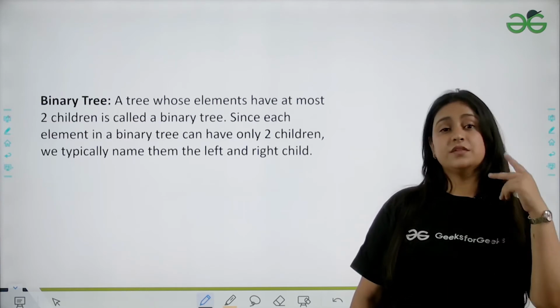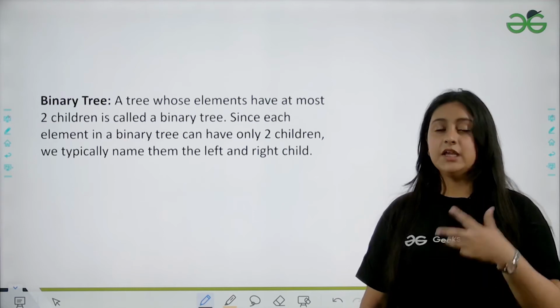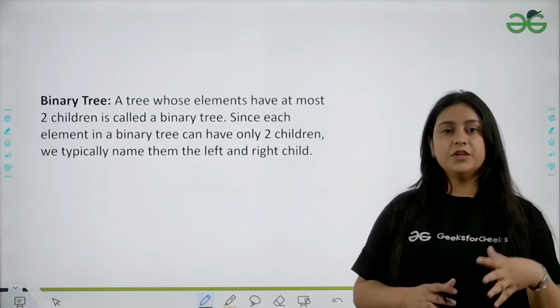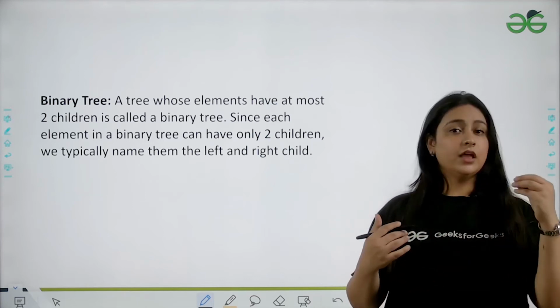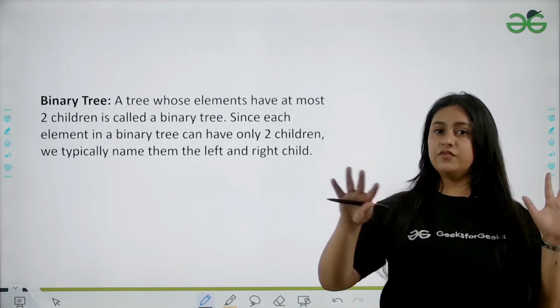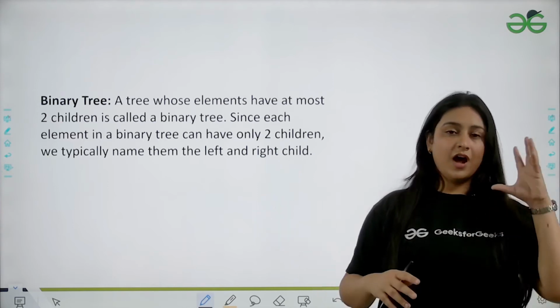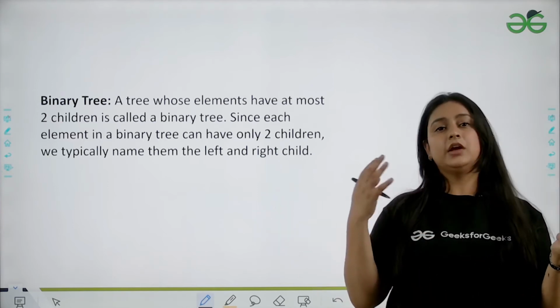उसमें क्या होता है, उसमें सिर्फ 2 child होते हैं. हर node के सिर्फ 2 child हो गए. And now because हर node के सिर्फ 2 child है, so हमें एक benefit मिल जाता है. Instead of creating an array list of numerous children, so what we do, हम एक को left बोल देते हैं, एक को राइट बोल देते हैं.